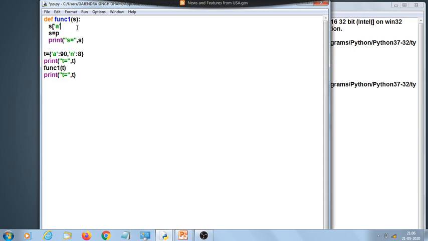This is the dictionary, and when you call the function, the T and S will have the same address, same ID. But here the ID or the value of a single element has been changed. Means the ID of the dictionary hasn't been changed. That means S and T will remain having the same address. So the changes which you do inside will reflect back outside also, like in the case of the list. So that you can see.